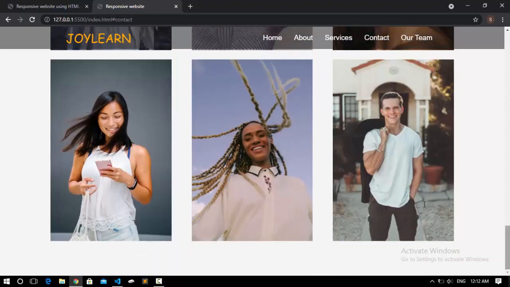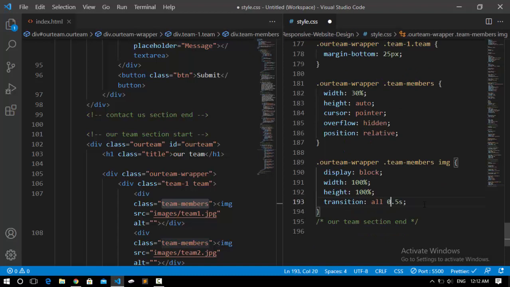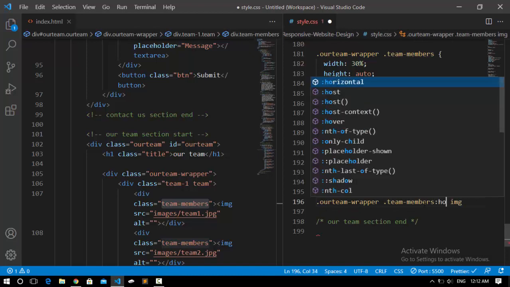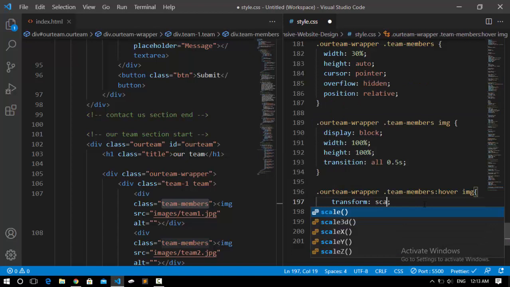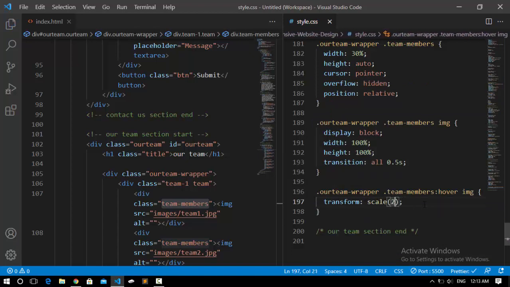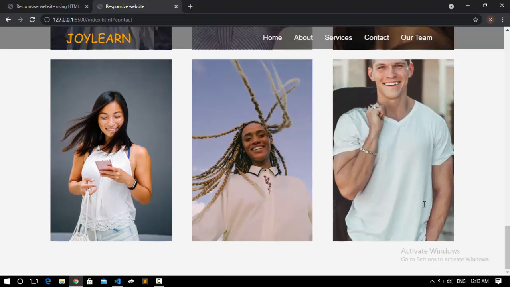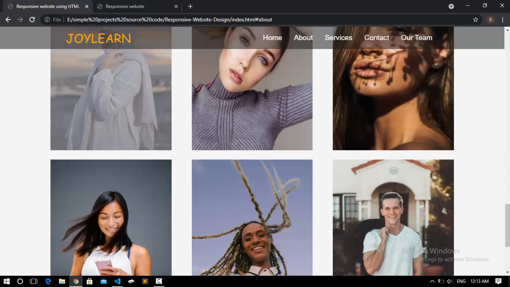So we're also done with our images, and the next thing we have to do is, when we move our cursor on, we want the image to come a bit to the front. So to do that, I'm gonna come here, 0.5. This is not 0. And here I'm gonna say whenever we move our cursor on team member, what happens to the image. So I just say hover. We want the image to scale a little, so I say transform scale, and it has to be something like 2, a scale of 2. So now I save it and move my cursor on, and you see that it gets bigger. So we're also done with our team section here, and the only thing left here is the, oh